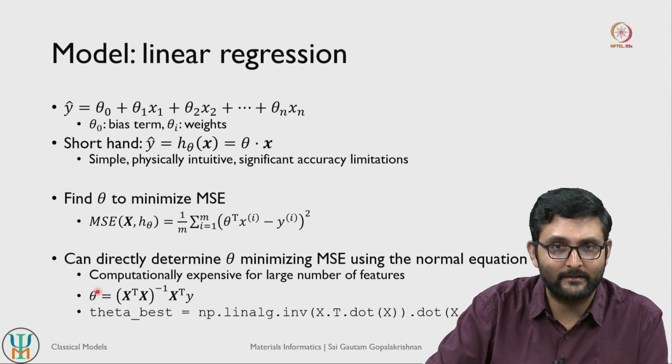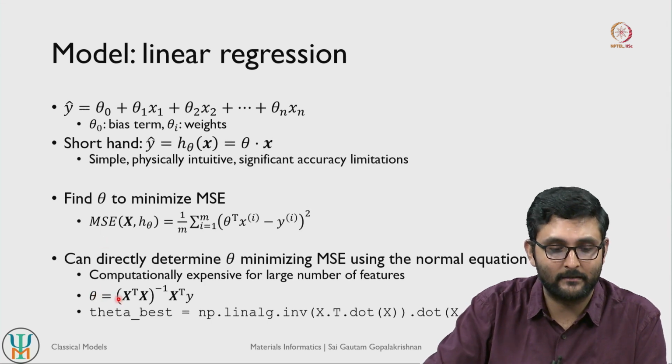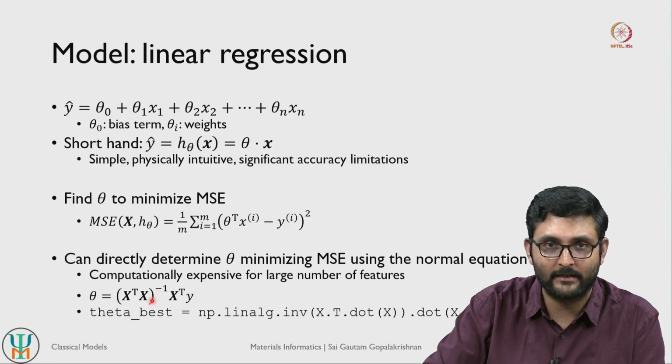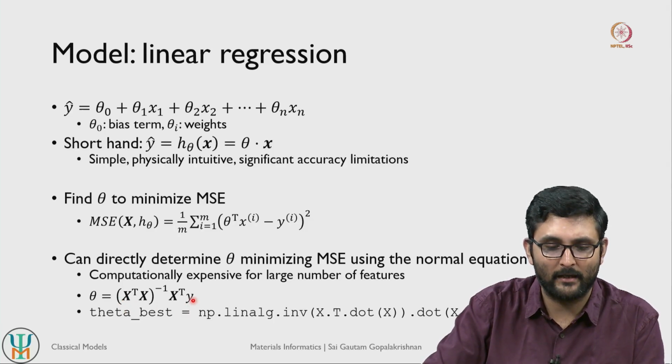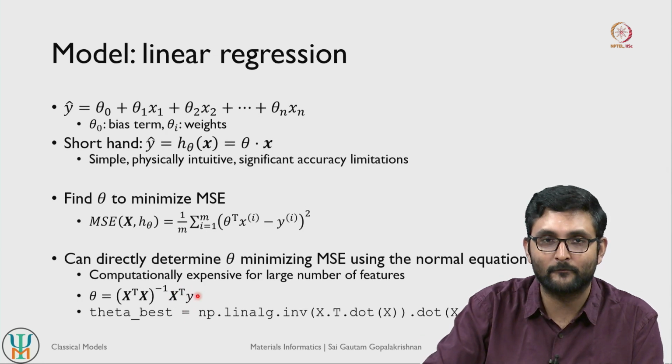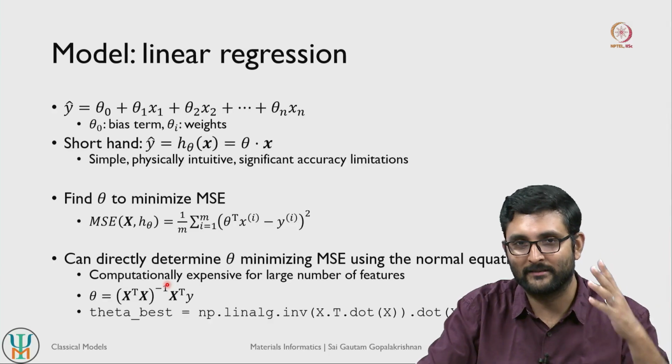So basically you can directly calculate theta that minimizes mean squared error with this mathematical operation here. If you have a feature vector x, you take the transpose of that feature, multiply that with the original vector itself, so you get a square matrix basically, and you can take the inverse of that square matrix, and then once again multiply that with the transpose of your original feature vector and your target vector here, right. So think of this as basically x transpose y in the numerator, and the inverse of a matrix is roughly 1 by the matrix, so it's roughly the denominator.